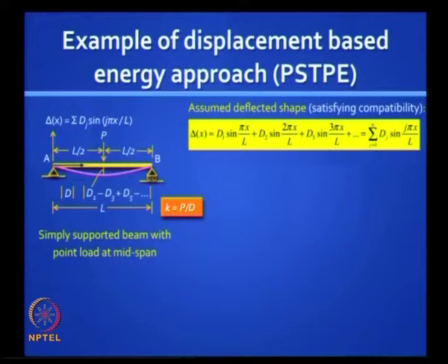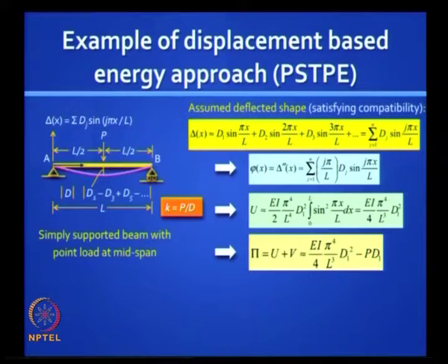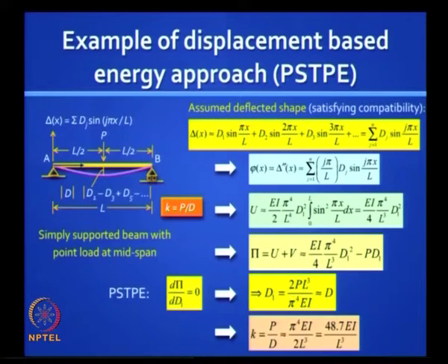So d can be expressed as a function of many independent other functions d1, d2, d3 etc., and the definition of stiffness would be k equal to p by d, where p is the concentrated load acting at the midspan. If you repeat this exercise, find the curvature, find the strain energy, write the expression for total potential energy,